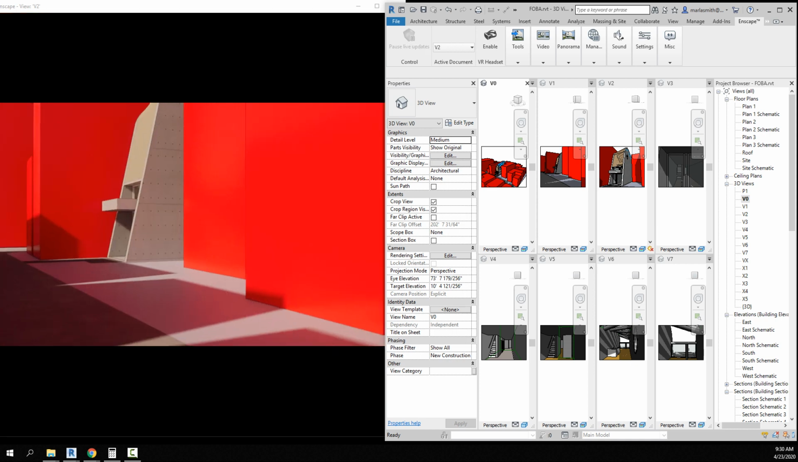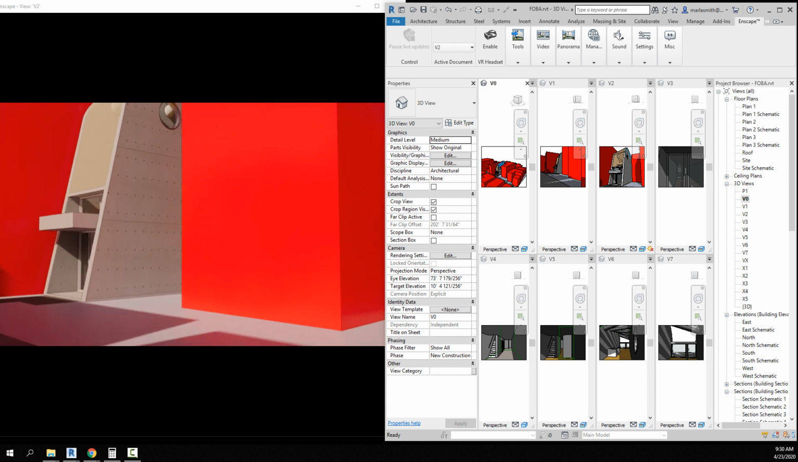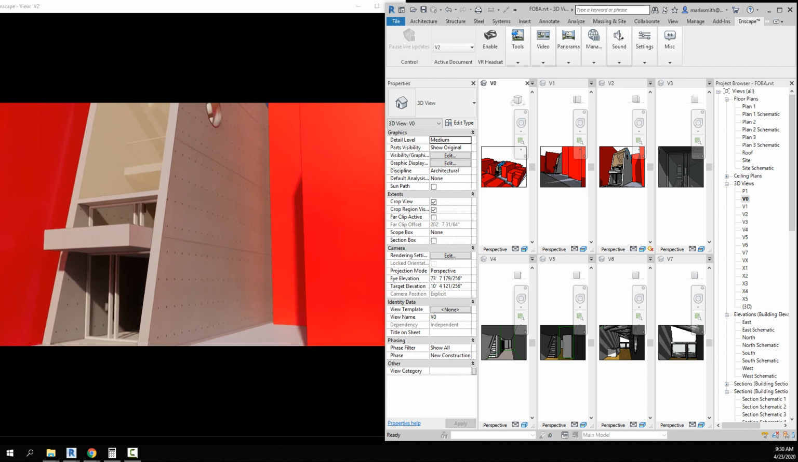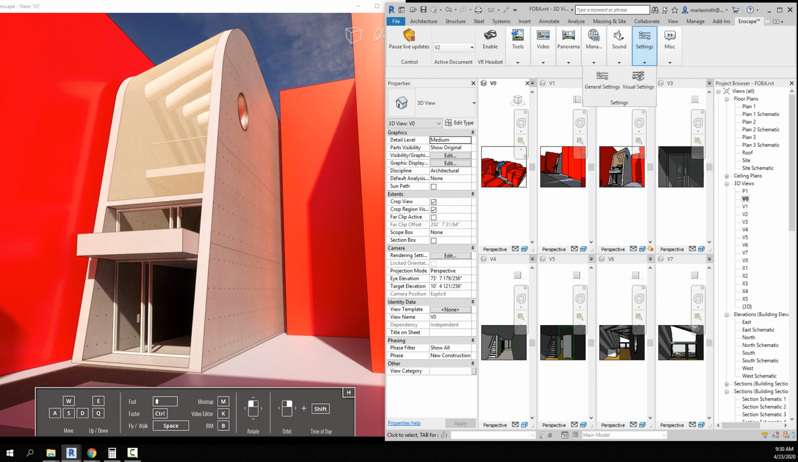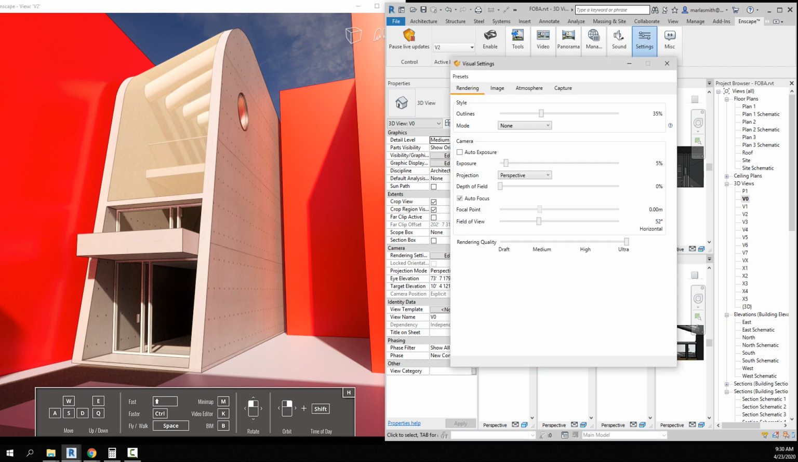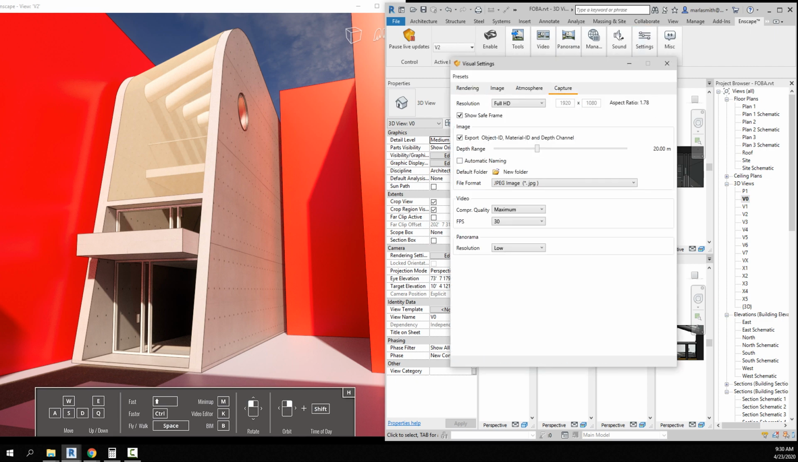And I'll preview that. And you can see it's kind of cutting off the top and the bottom of the building in the video. So we might want to recalculate how we're taking this video. So if we take a look at the settings, let's leave that first, go to the settings and go to our visual settings, and we go to capture, and